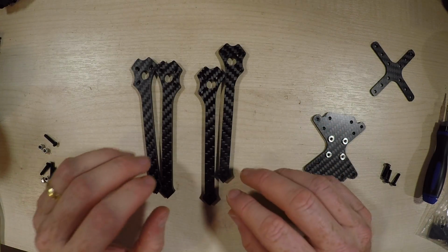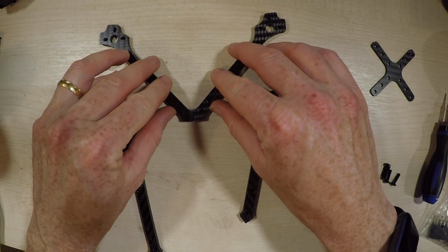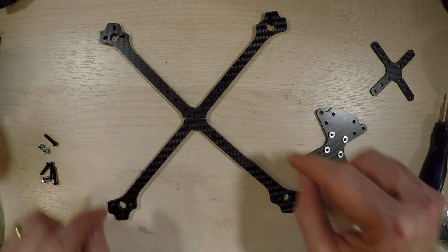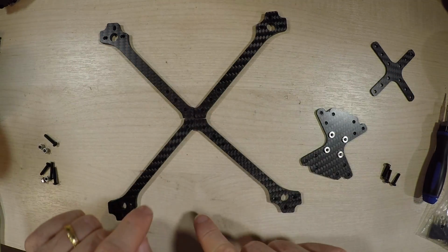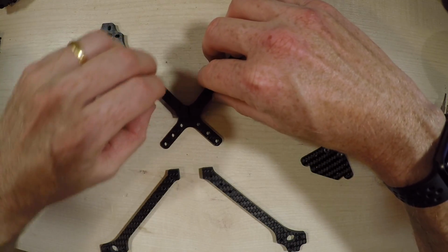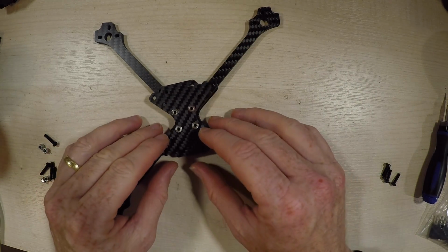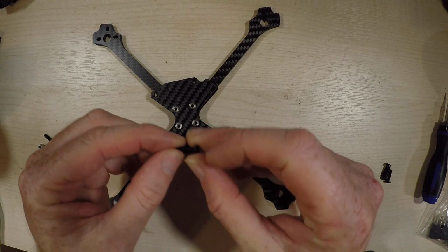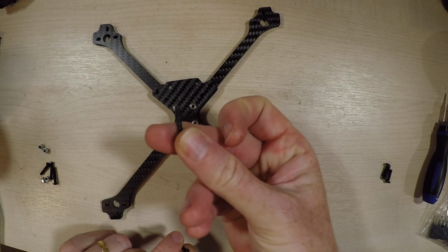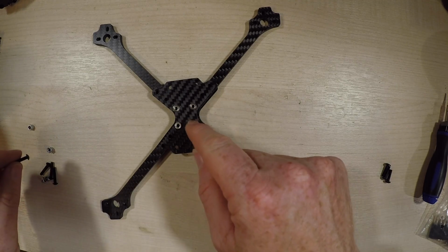Okay, so in the initial part of the frame build, we're going to put the legs together, and they arrange themselves into a little unit like this, with the two holes on the inside if this is facing forward. And what you have to do is put this bit underneath, like that, and then this bit goes on top, this way up. Now in these centre holes from the bottom, these are 12mm screws, and then this outer one from the bottom uses a 16mm screw with the nut at the top,